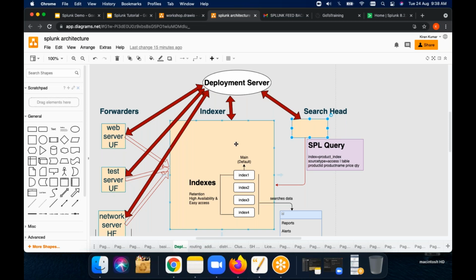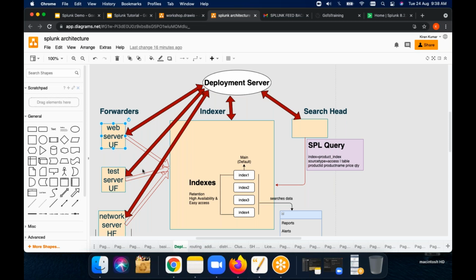If you think of them as on-premise, they will be in our control. Even if they are available in cloud, it will be in our control. But the forwarder servers will be under the control of the client. We cannot access them without the permission of the client. So we have thought that we have to put universal forwarders or heavy forwarders into these servers. So how will you do that?